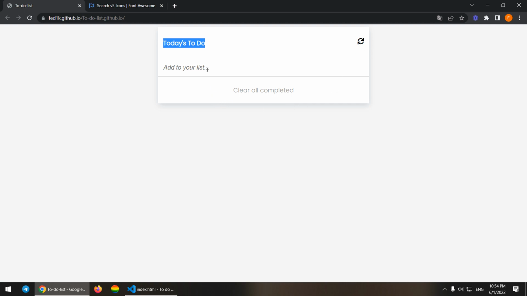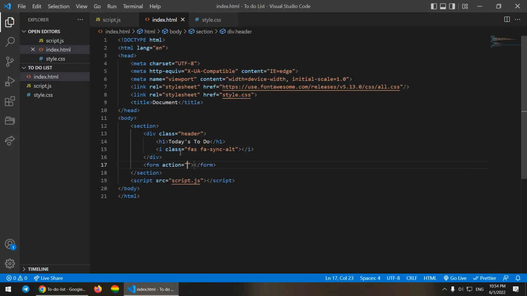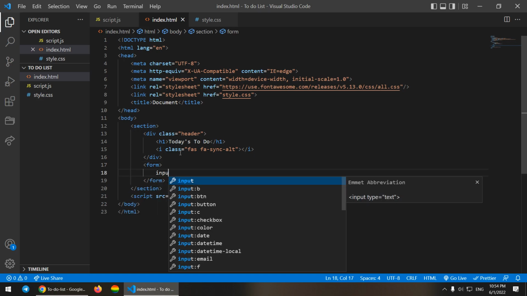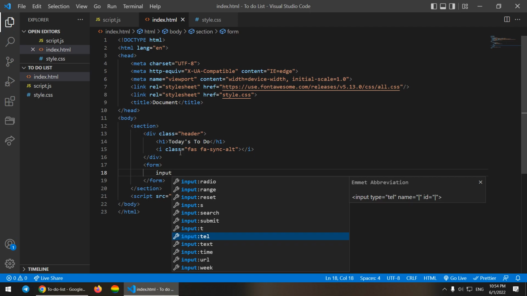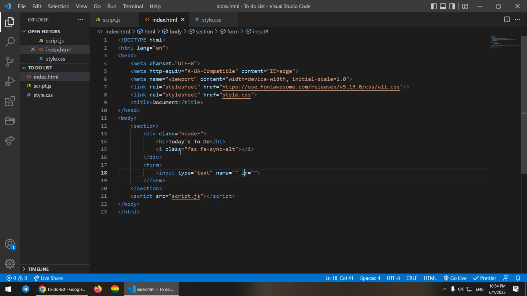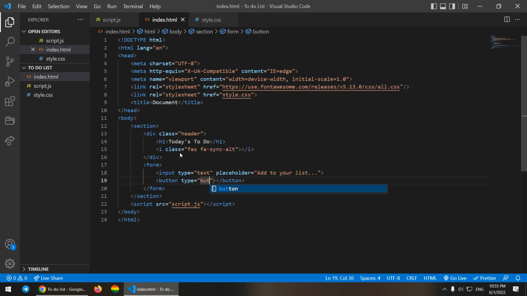Now we need to add the form section. Let me quickly add a form. We don't need this action. After that, we need the input field that we can add our to-dos with, with the type of text. We don't need any name and ID. We just need a placeholder, which is add to your list. After that, what we need is just a button. You can put for type just button, not submit, and for that we have clear all completed, which are checked